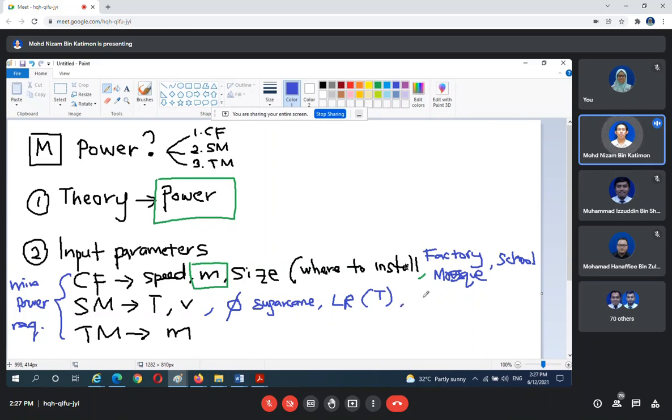Based on your design, how many, let's say, opening diameter, in one shot, how many sugarcane you want to put inside together, calculate based on your customer design. Imagine some logic story, then from there you get the input parameter, and using the theory calculation you get the minimum power. Similar to the